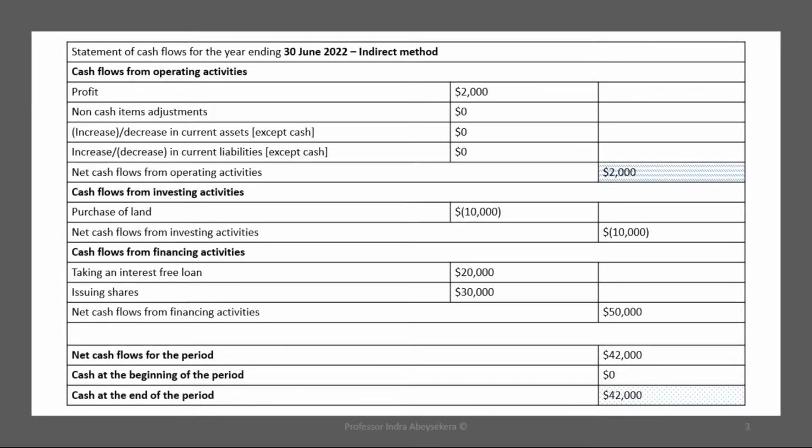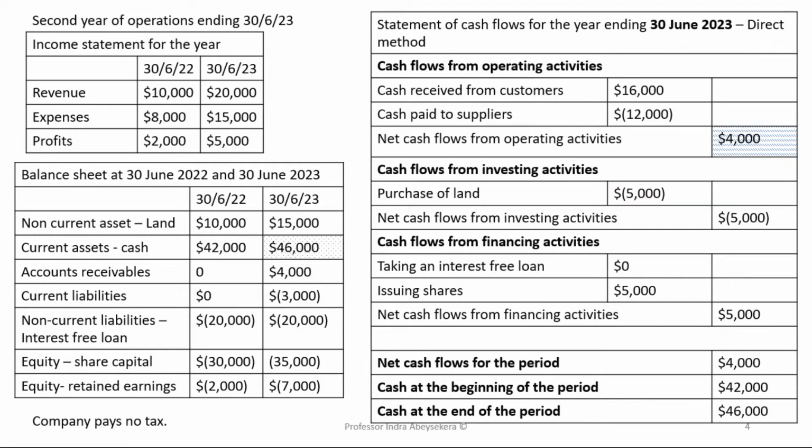We look at the following year. In the following year, the second year of operation, this is 30th of June 2023, we have the revenue and expenses, and then the profit made. Revenue is 20,000, expenses 15,000, profit for the period is 5,000, and we are given additional information as the company pays